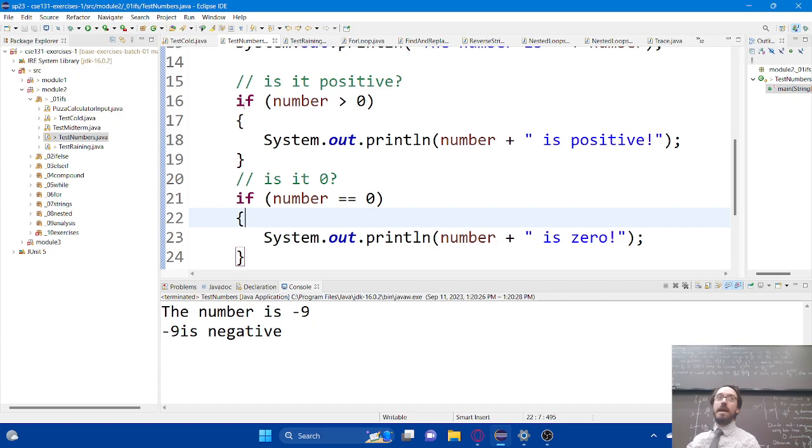But we know that it's not actually possible for it to be anything other than positive once I've made that determination, right? It can't be both positive and negative. That's not possible. So this is actually pretty common. It'd be nice if there was a way that we could chain these if statements together to represent the fact that they are in fact connected. They do in fact represent one particular set of conditions. And we can in fact do that.